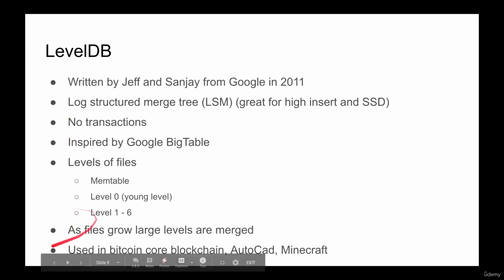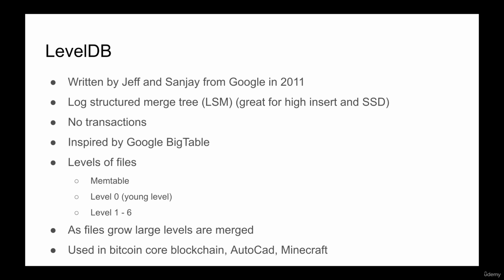So why is it called LevelDB? It has levels, guys. Right? It has levels. So when you insert, the first level is the memtable. That's the memory. And you might say, Hussein, what the hell are you talking about? Memory? Really? Database and memory? That's a bad deal, son. What if my database just crashed in the middle of writing to the memory table?